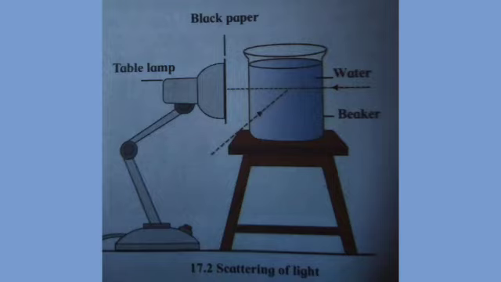A blue tinge is seen when observed along the 90-degree angle. This is the scattered blue light. Because the blue light is scattered, a red-yellow light is seen from the front and the whole appears reddish. This experiment should be done in a dark room, then it is more beneficial.